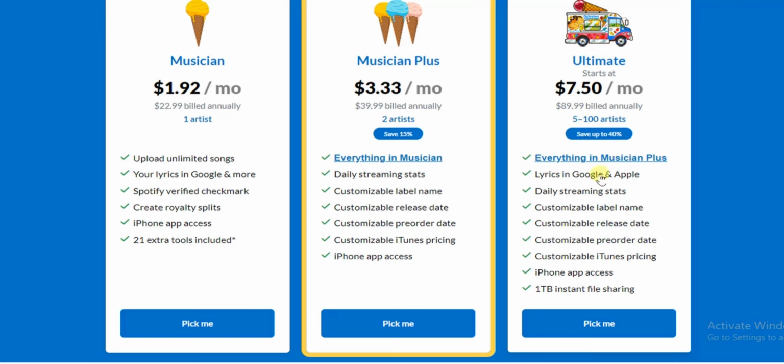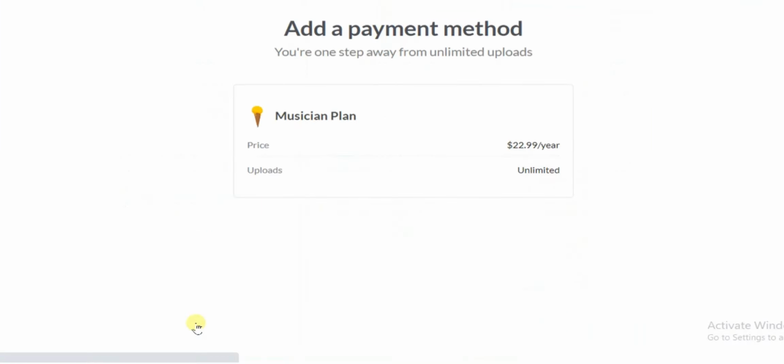So you just have to look at the packages it comes with. This one comes with all these packages, and this one with all these packages. So just go ahead and look at all the packages and see the one that will work well for you. After that, just click on pick me, and then if you click on pick me, the next thing you have to do guys is to